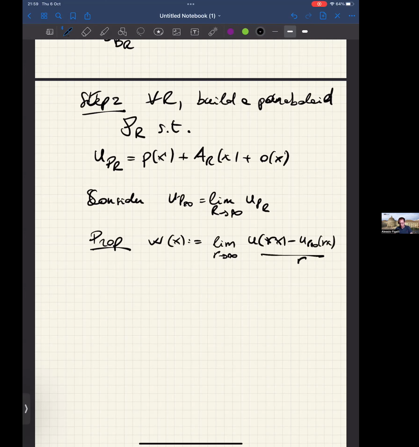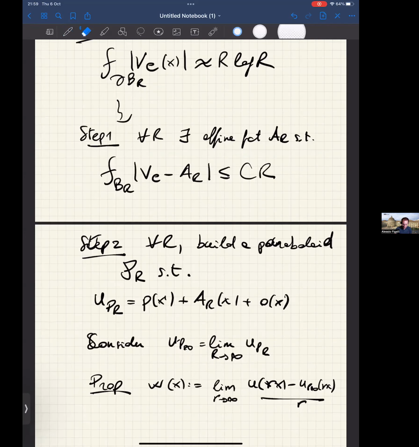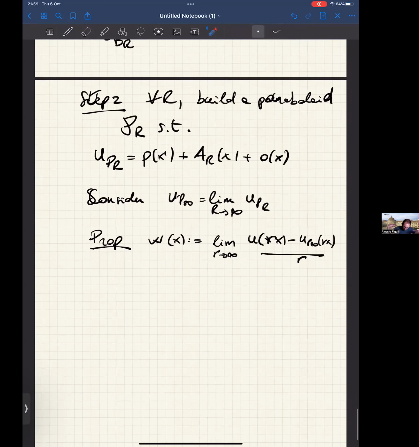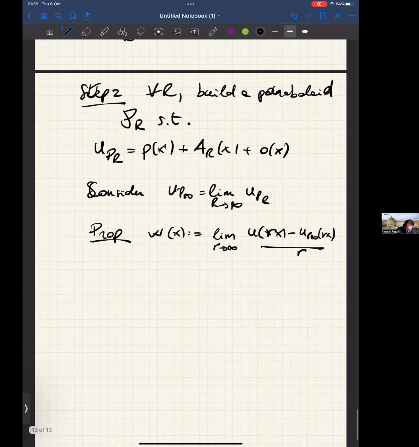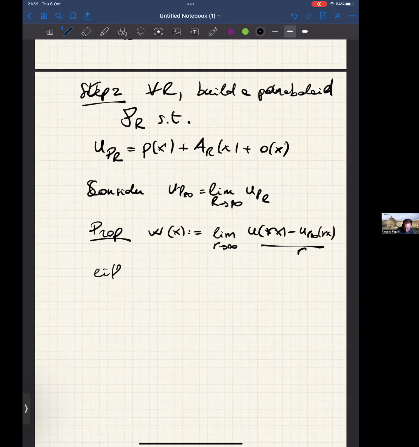We couldn't really match. We match only up to linear error. So that's what we have, right? Almost linear matching. But now we do a blowdown and we look at what's happening at infinity. And then what we prove is that either W is greater or equal than 0, or W is less or equal than 0, or W is linear. So W of x is of the form B dot x. So at infinity, the difference of our solution minus these paraboloids is behaving like an affine function, or it has